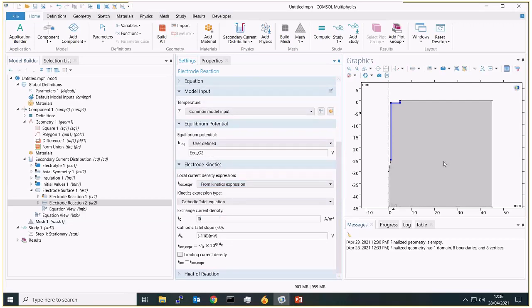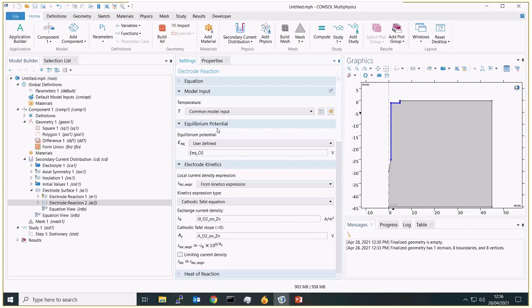So our exchange current density will be our I0 O2 on zinc, which is another one of our parameters, and then our Tafel slope will be A O2 zinc. So then that defines our electrochemical kinetics for that reaction.